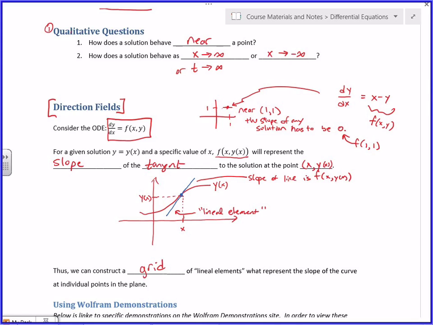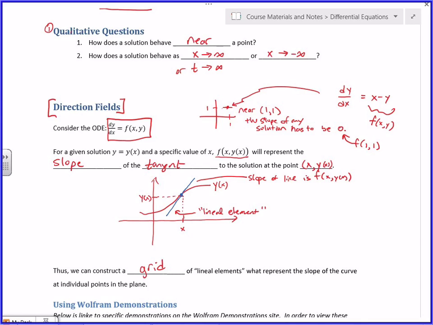Say I want to do the direction field for the differential equation I have on the screen over there off to the right, for a grid of points ranging from -2 to +2 in the x direction and -2 to +2 in the y direction. And let's do it at a resolution of every half unit. So every half unit means I want to put a lineal element